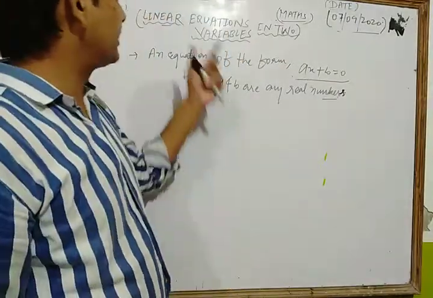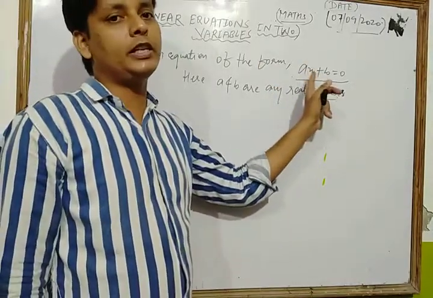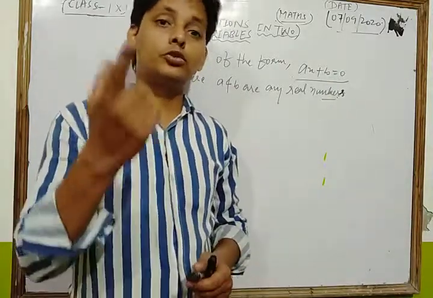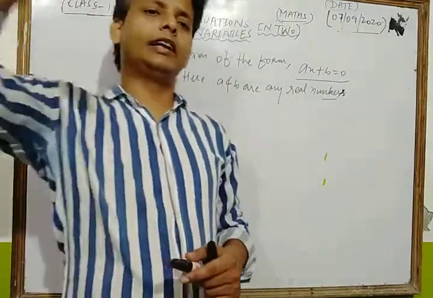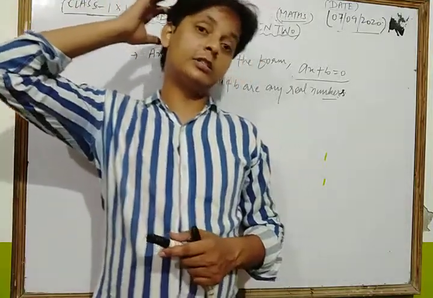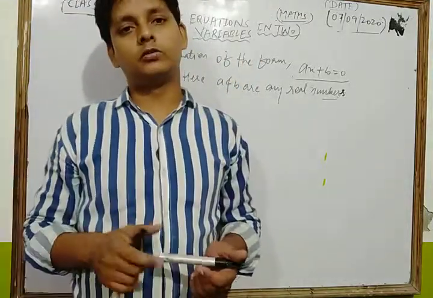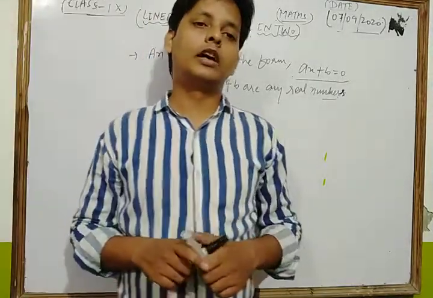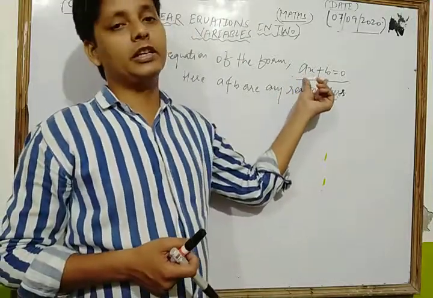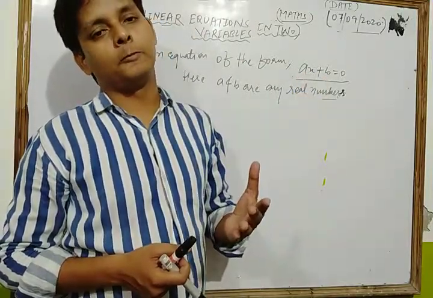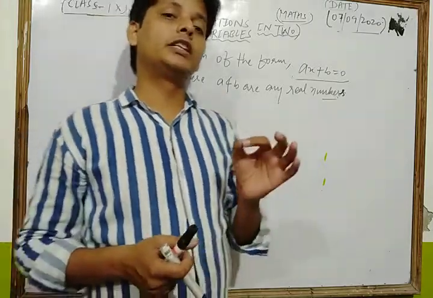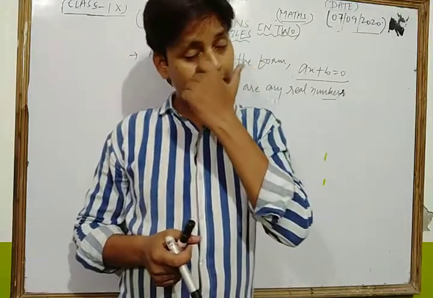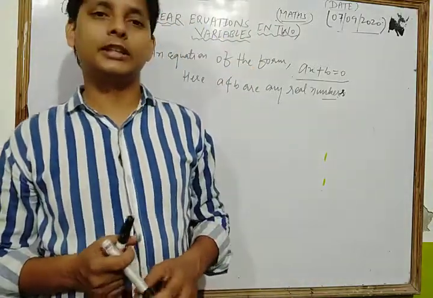Now we discuss what linear means. Why is it said to be linear? Because it has degree 1. So any equation of degree 1 is known as linear. All these things were discussed in previous classes, and once more we revise that. An equation of degree 1 is called linear. An equation of degree 2 is called what? Quadratic. An equation of degree 3 is called a cubic equation, and an equation of degree 4 is known as a biquadratic equation.